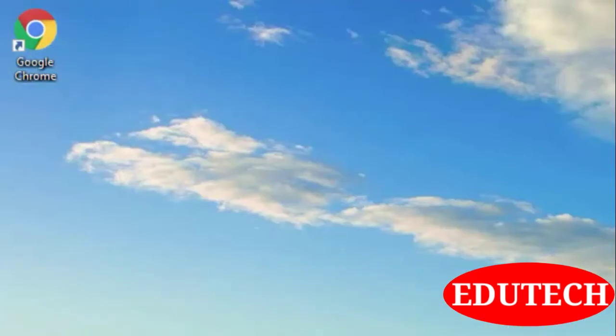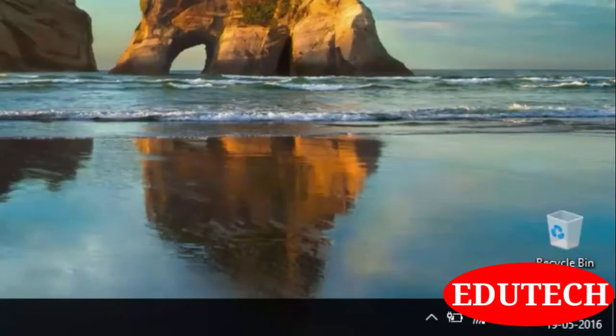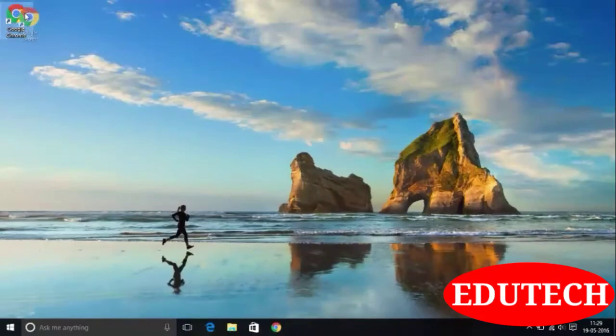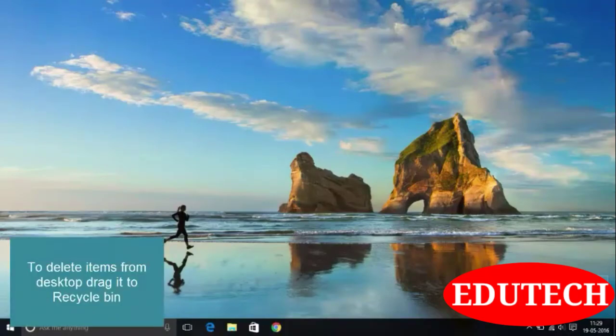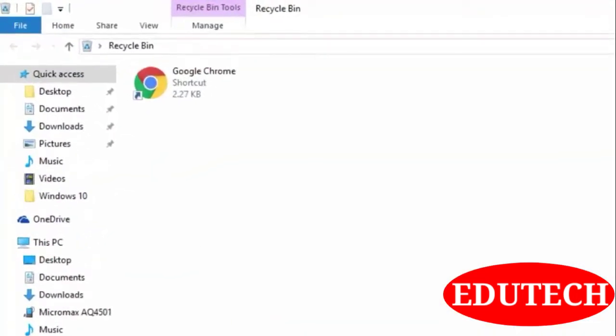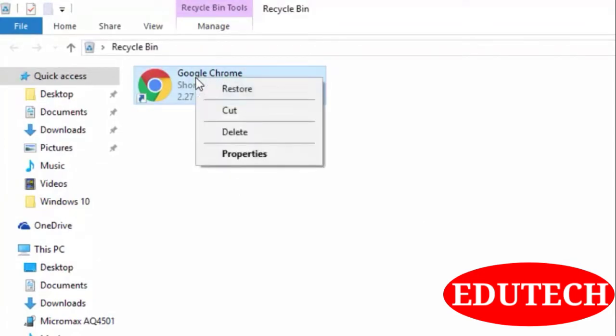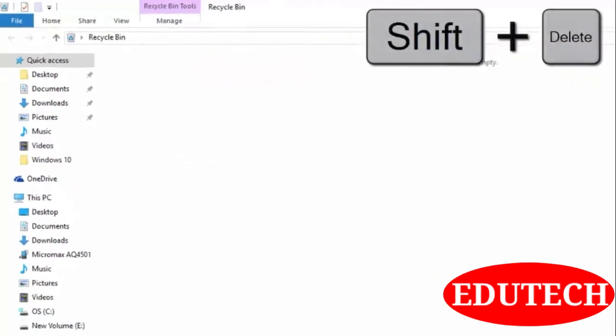And here is one icon which is the recycle bin. For example, I don't need this icon, then I can trash it and put it in the recycle bin. So it will be deleted. But if I don't want to delete that, I want to undo delete, then you can just go to the recycle bin, click on the particular software you needed and restore it.